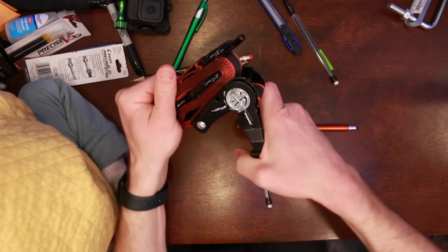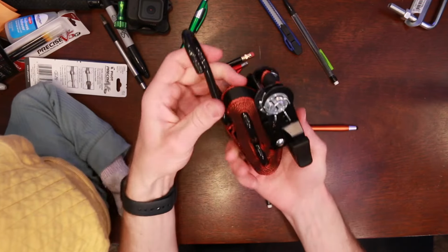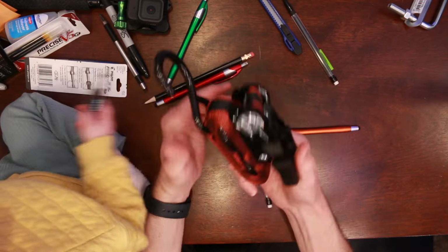Now you have a hook, you can pull it tighter, nice and tight, but then that's pretty much it. Hook it, and...